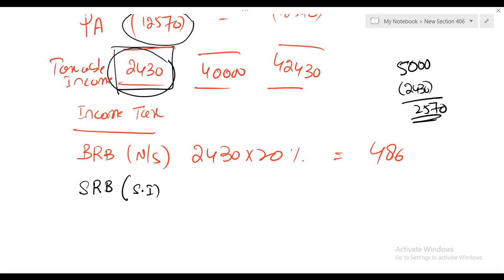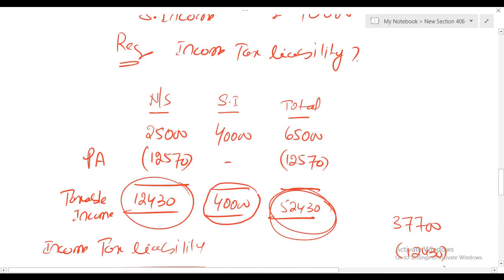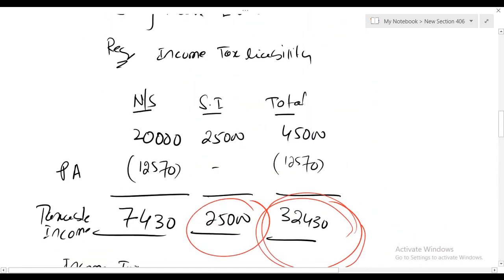In previous questions I did not discuss anything relating to the starting rate band, because you can check in every question. Look at the column of non-saving income. After deducting the personal allowance, this amount is higher than 5,000. Whenever we are getting an amount of 5,000 or even higher, then the starting rate band concept will not come. Look at another question, the previous one. This is more than 5,000. So that is why in this question, no starting rate band